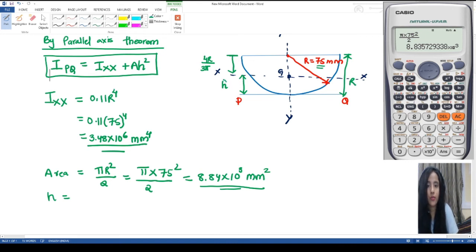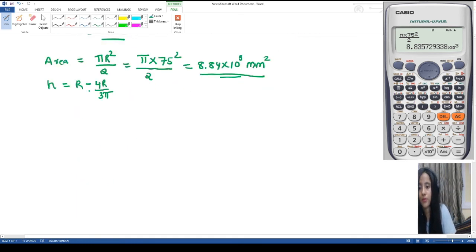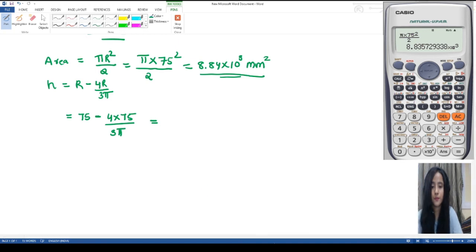And I need to find only this height h, which is from this point to this. So my h will be equal to r minus 4r by 3 pi. So how much will this be coming? This will become equal to radius given, 75, minus 4 into 75 divided by 3 pi. So this will be coming equal to, solve it in a calculator again,